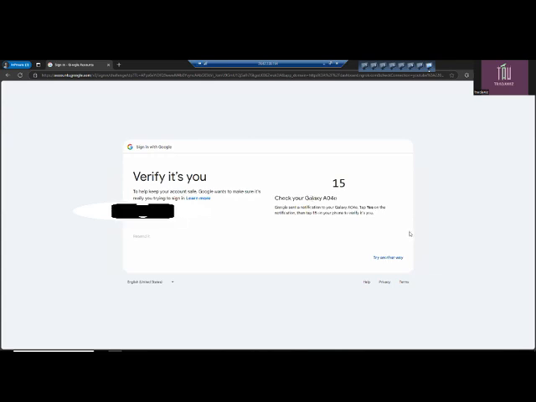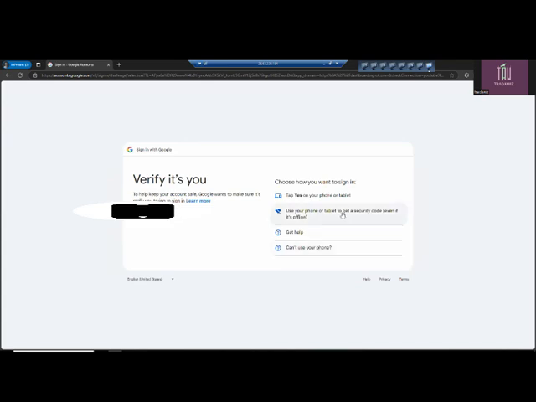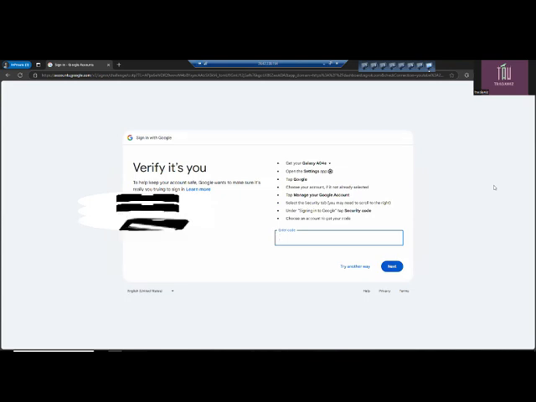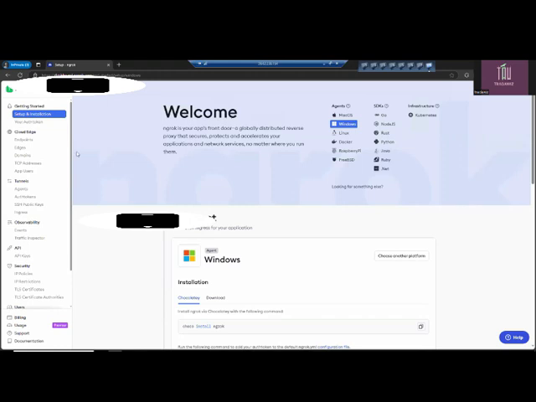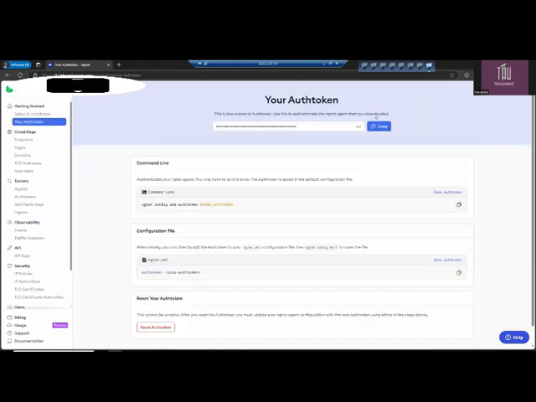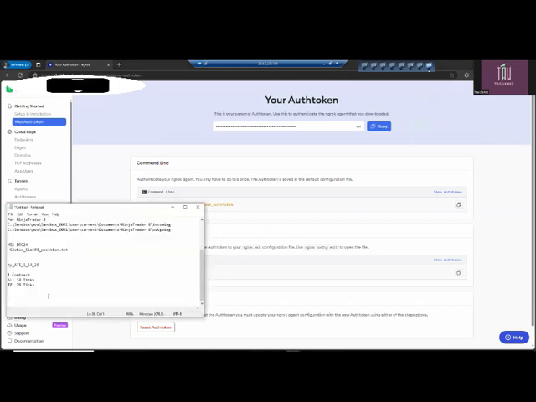So it's asking me for that one. Once I'm in, I could get the auth token here by clicking this one. As you can see, there's an eye button here. You could see that one, or you could click copy. Once you click this copy button, you will paste it on your ngrok field.